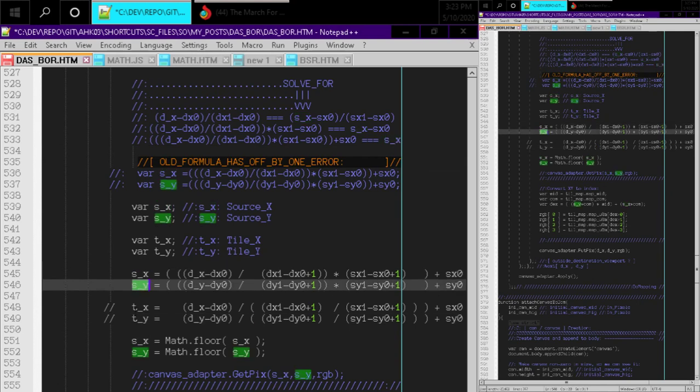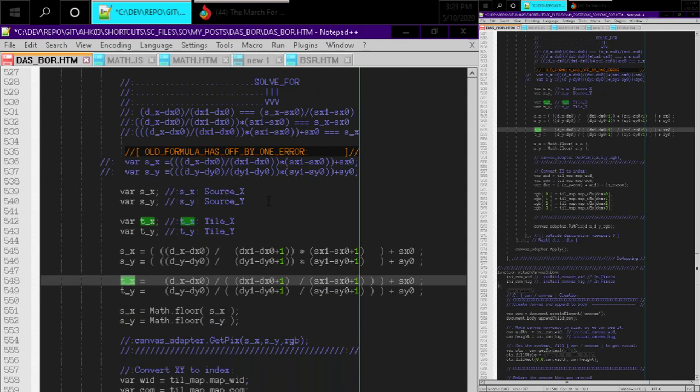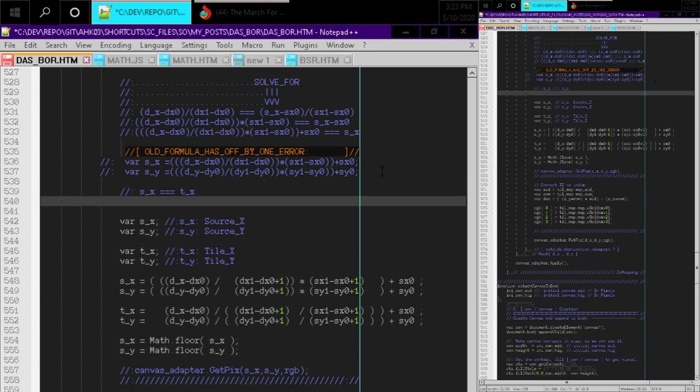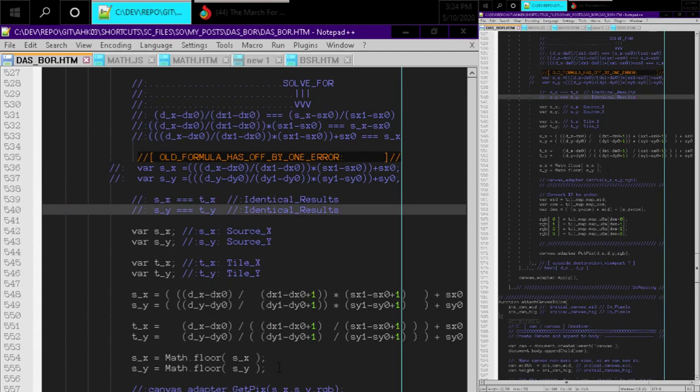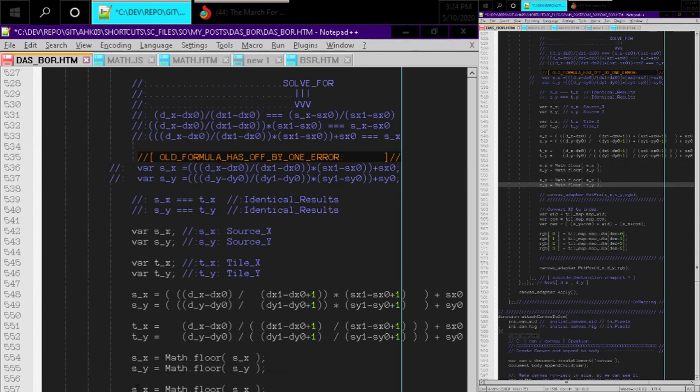Okay, so let's comment back in the TX formula. And the next thing we want to do is make a note that SX equals TX and SY equals TY. Identical results. Okay, so now we've made a little note that these formulas are identical, we're going to put in,